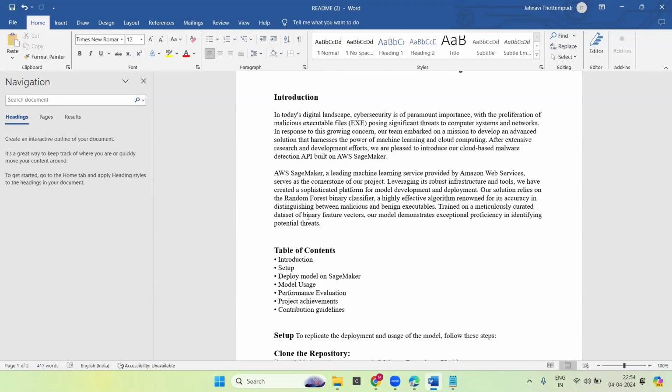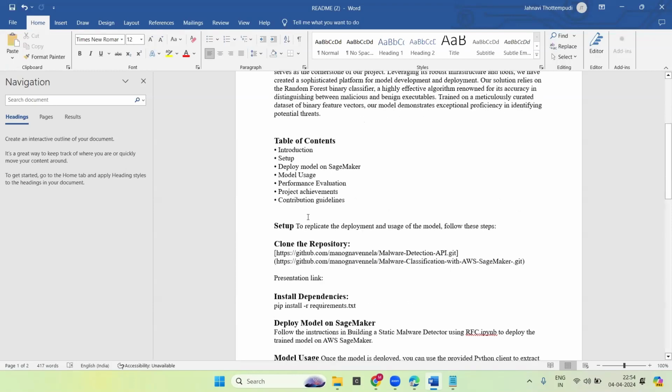So the setup process for the tool is straightforward and user-friendly. By following a few simple steps, such as downloading files and installing necessary programs, anyone can get it up and running without any hassle. Once everything is set up, the tool is ready to analyze files and help keep devices safe